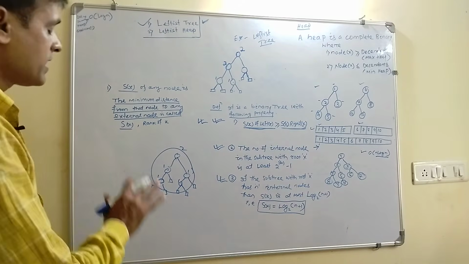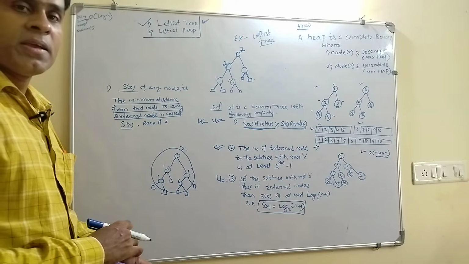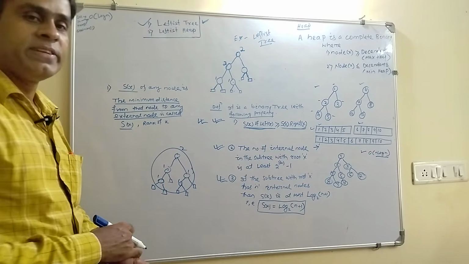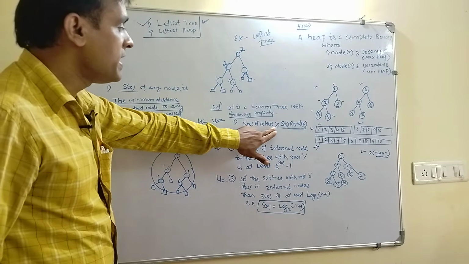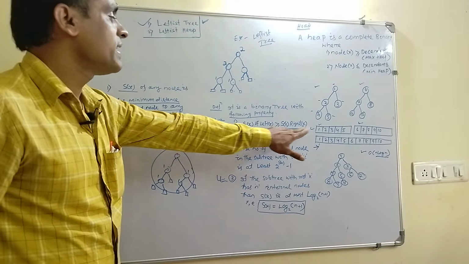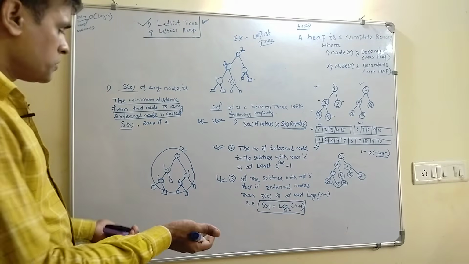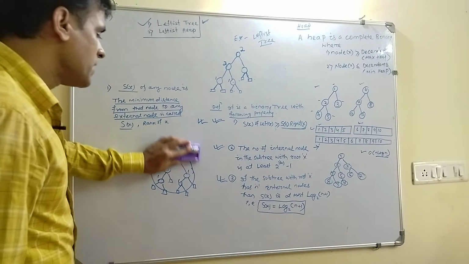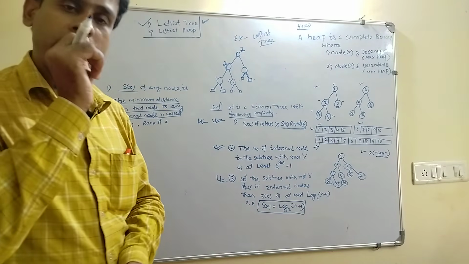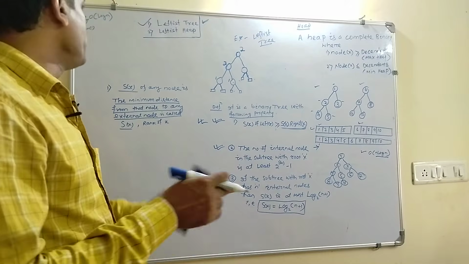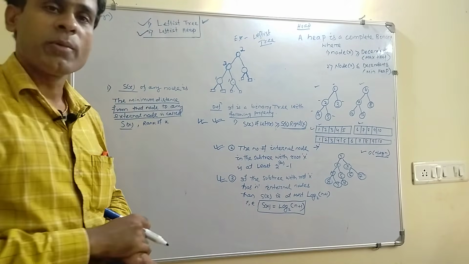So now you can say that this is not a complete binary tree, but it satisfies the property of a leftiest tree. What is the property of a leftiest tree? The left subtree child Sx value is greater than or equal to the right subtree child Sx value. So it is satisfying the leftiest tree. That is why I am telling you all that a leftiest tree may or may not be a complete binary tree. But if you want to go for a leftiest heap, what is the additional property?